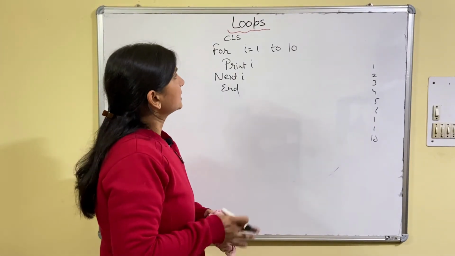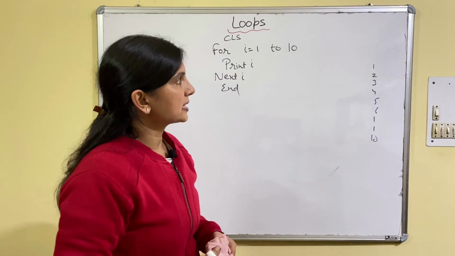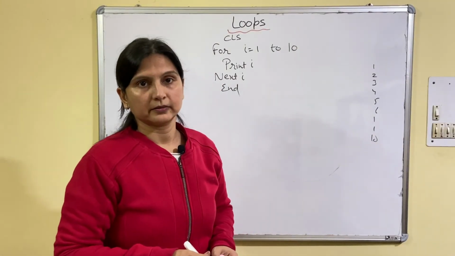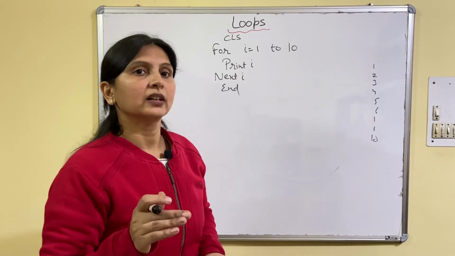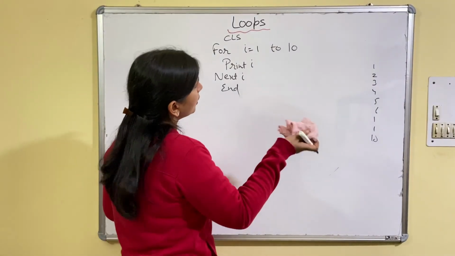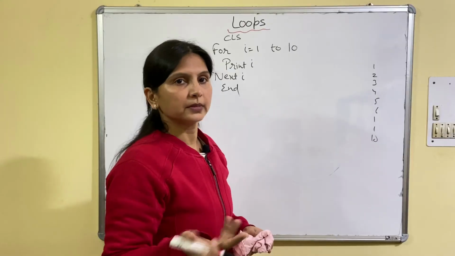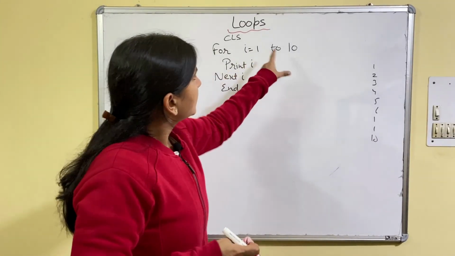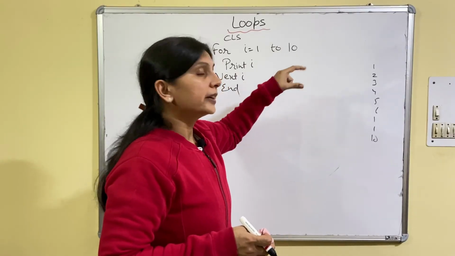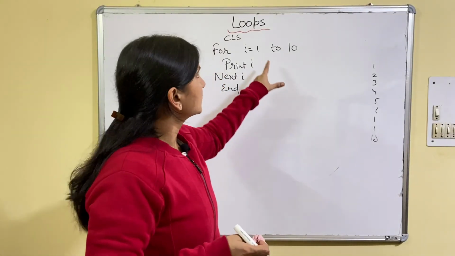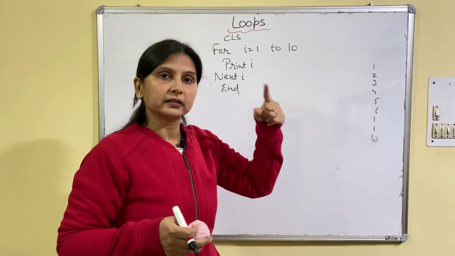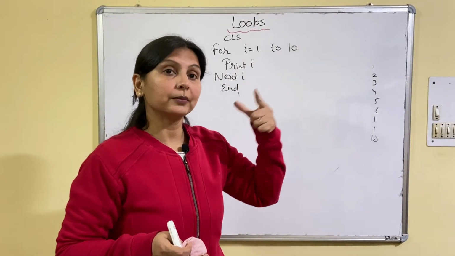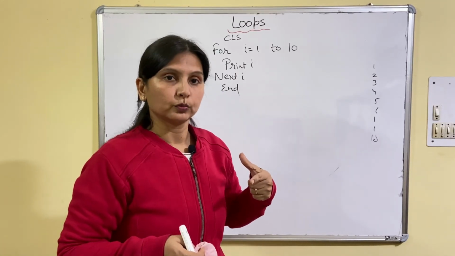Now in the same program I will make some changes, like if I want to print odd numbers. First, from 1 to 10, odd numbers we will see first. So what shall I do? Now the increment is of 1, but if I want odd numbers, what do I want? 1, 3, 5, 7, 9. So increment is of 2.